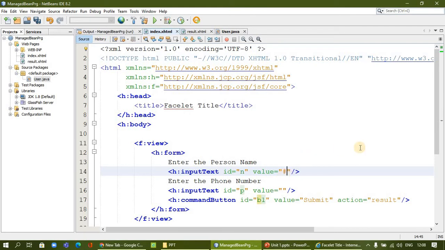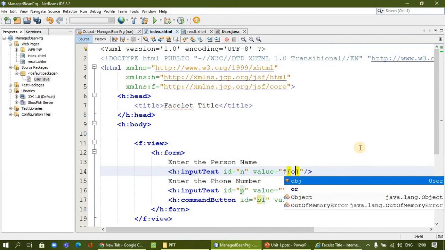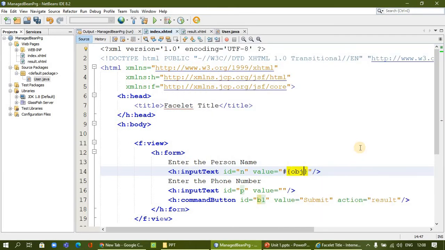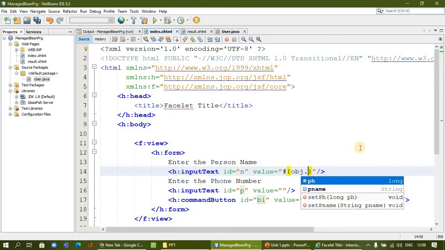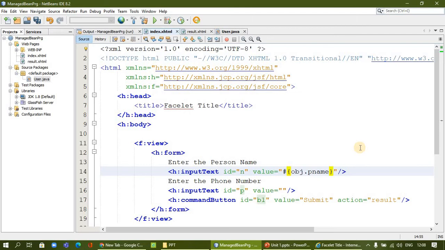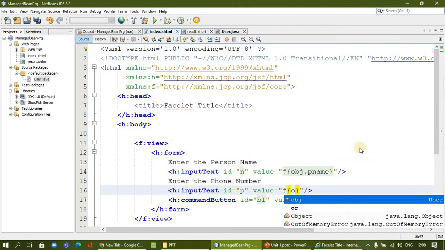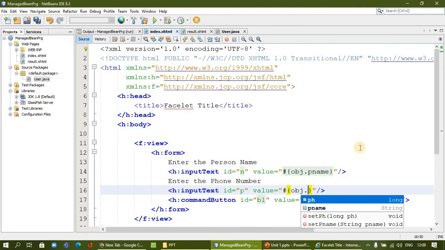Hash, then curly brace. Inside the curly braces we are going to call our object, so OPJ dot, and we will find the variable that we declared, pname, that's the first variable. The same way, hash curly brace OPJ dot ph for the phone number.